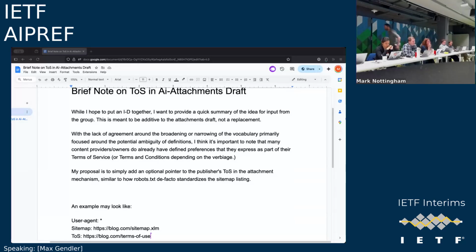There are B2C. There's newspaper versus RSS feed. All of these things have different flavors. So I'd imagine there would be something pointed appropriately, and possibly you could have more than one.